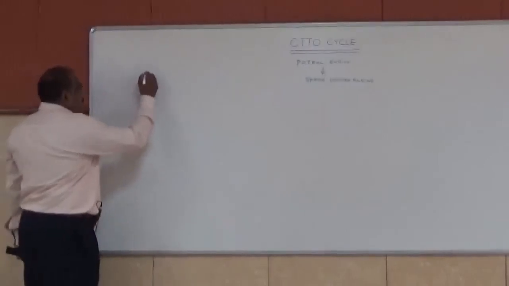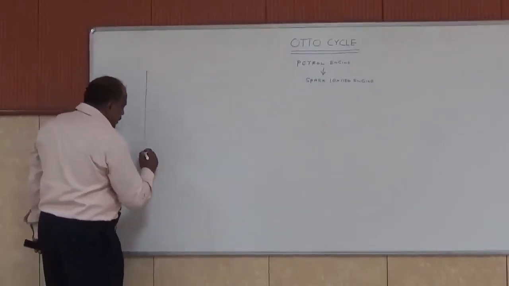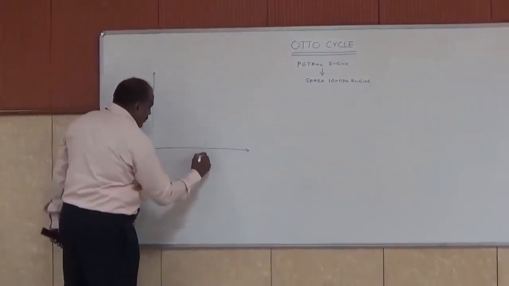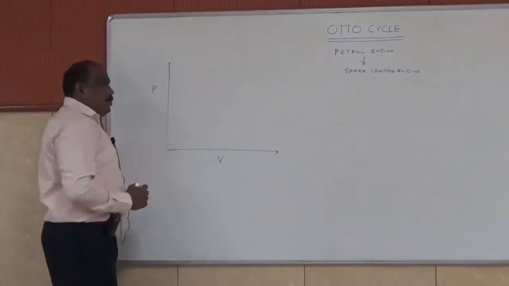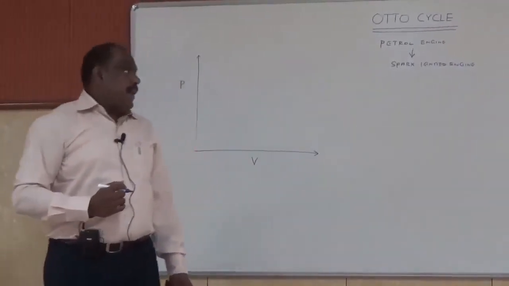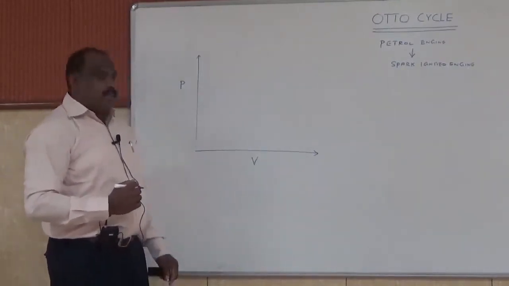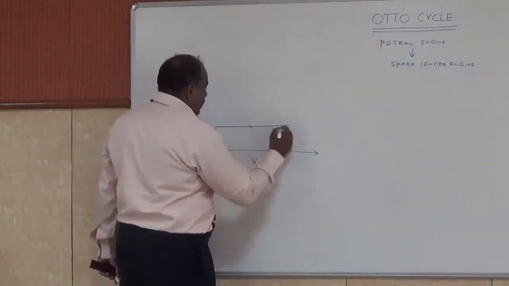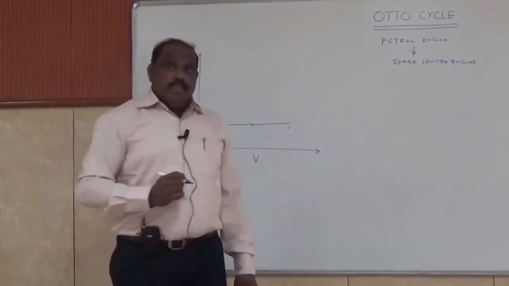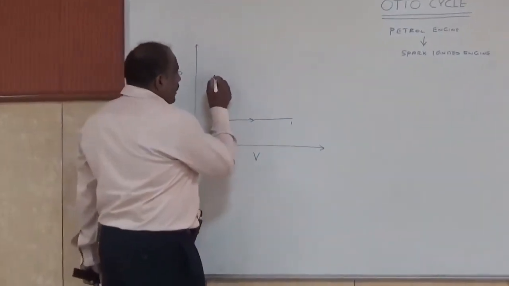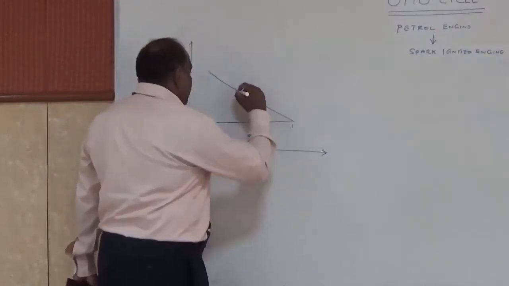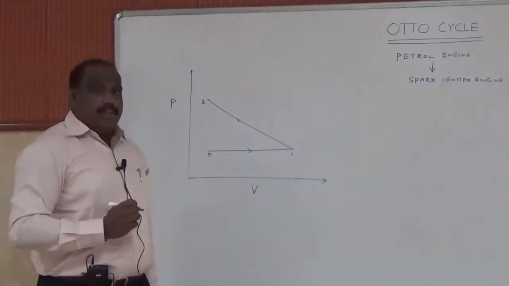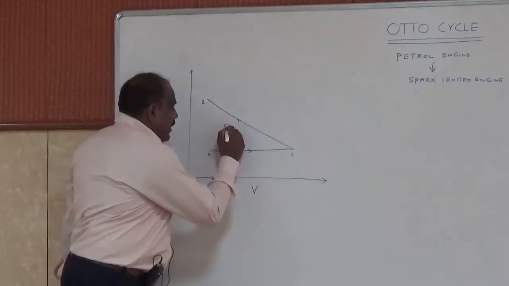In the thermodynamics part of the Otto cycle, we have the PV diagram and the corresponding TS diagram. So it is pressure versus volume. In the suction stroke, the petrol and air mixture will be entering the combustion chamber from the carburetor, which is indicated by a horizontal line 0 to 1 at full throttle condition, and 1 to 2 is nothing but the compression stroke, which is aided by an isentropic compression process, otherwise called a reversible adiabatic process,